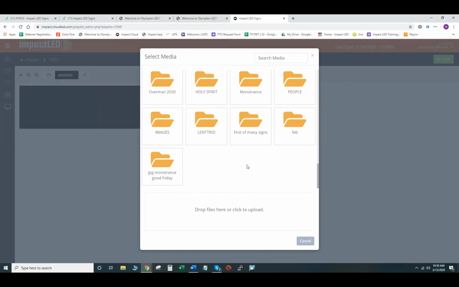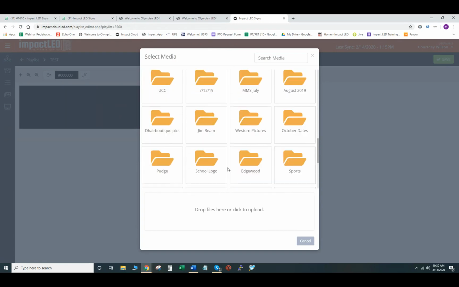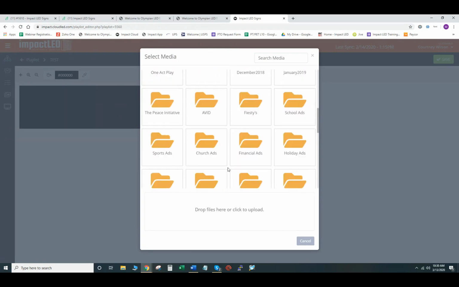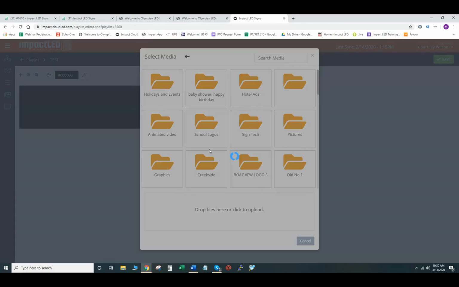These folders here, a lot of these are empty. A lot of them will be useless to you. They were put up here when we first launched the cloud with some of the clients that we worked with. But this one right here, Holidays and Events, is one that a lot of people do like and use. It has just pretty much every national and international holiday that's in there. So we're going to use one of these. And so when I open it,